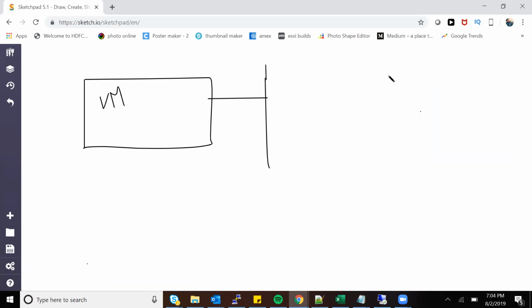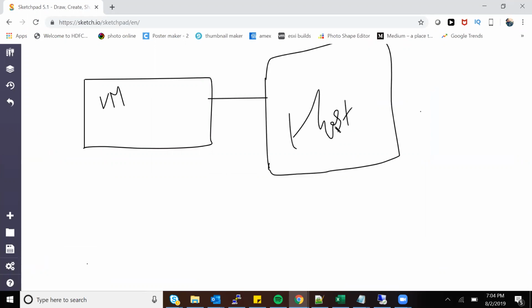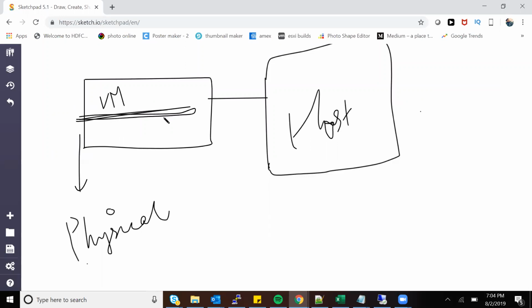A VM. When someone says a VM, this is my VM, and they are running on a host. Any kind of VM, a virtual machine is a literal replica of a hardware or a physical machine which you have in your environment, and it will let you perform all the operations of the VMware features.